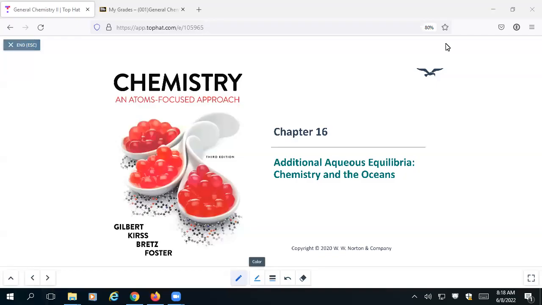All right, so we begin today looking at chapter 16. Chapter 16 is our last equilibrium chapter in the text. And so if we look at it from this point, up until this point, basically all we've talked about is chemical reactions. We've talked about how fast they go, and we've also talked through equilibrium about how do we determine